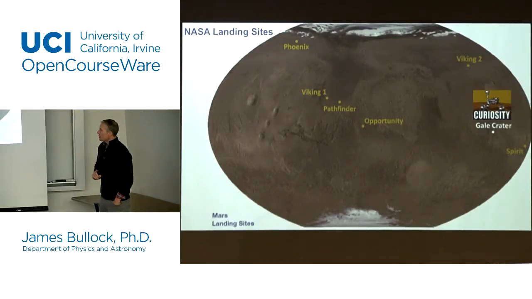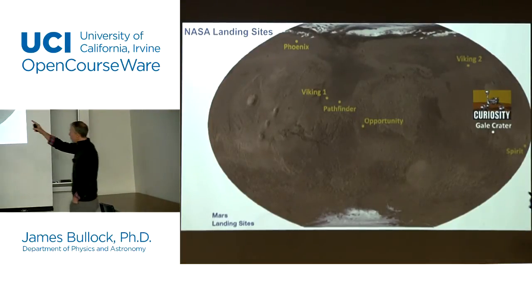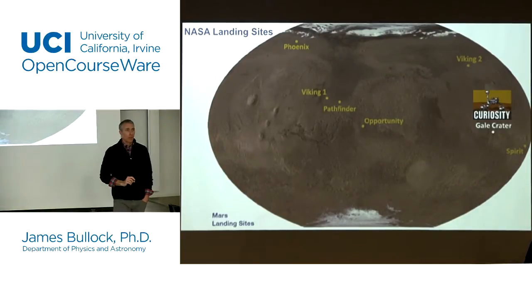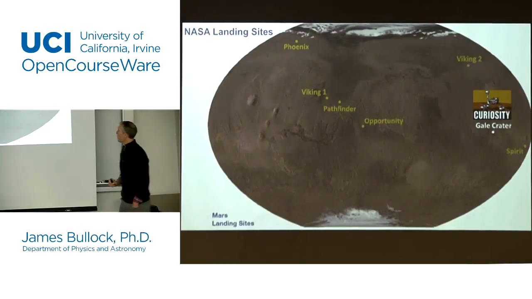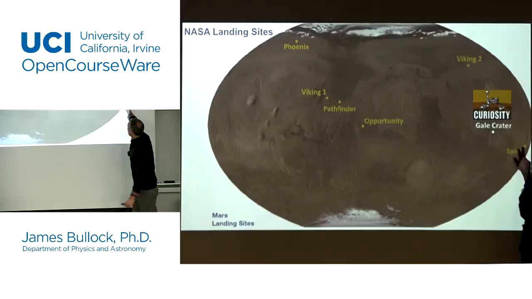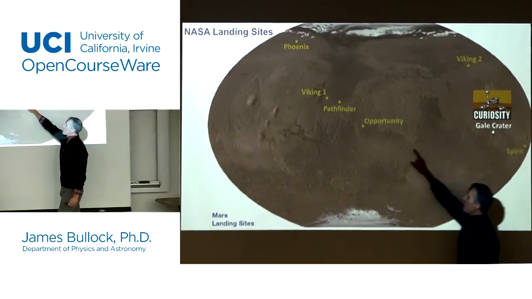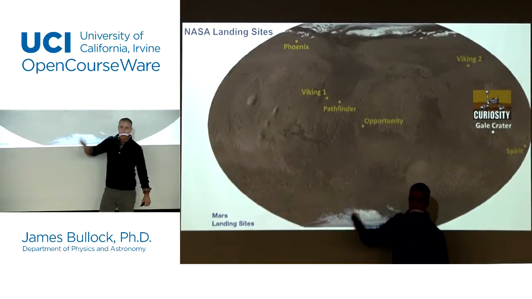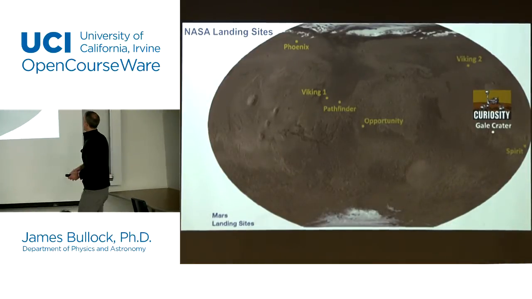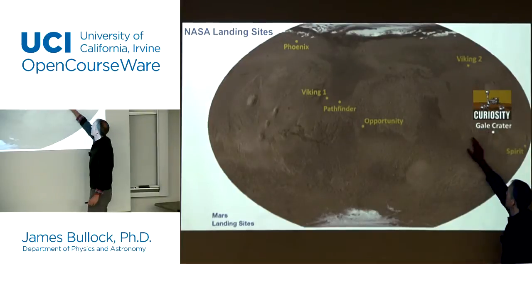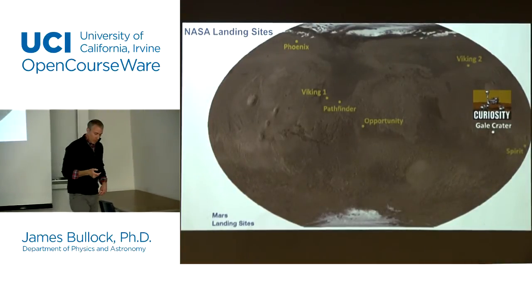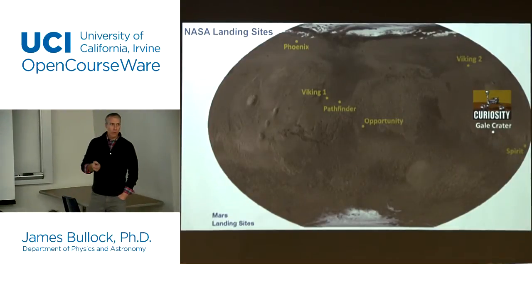These are the landing sites for NASA missions to Mars. Each yellow dot is where we've landed different probes on the surface of Mars, and Spirit and Opportunity are two. So I showed you the Spirit rover there. One is there. Opportunity landed here. And there were a few other probes that have been landed on the surface of Mars over time. And the most recent one is the Curiosity rover, which has landed somewhere around here and is exploring something called the Gale crater on the surface of Mars. So I'm going to talk a little bit about that now. This is the most recent thing we've got going on.